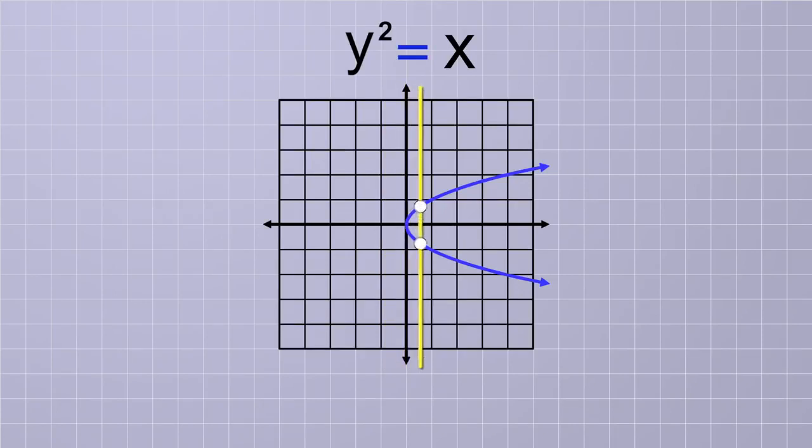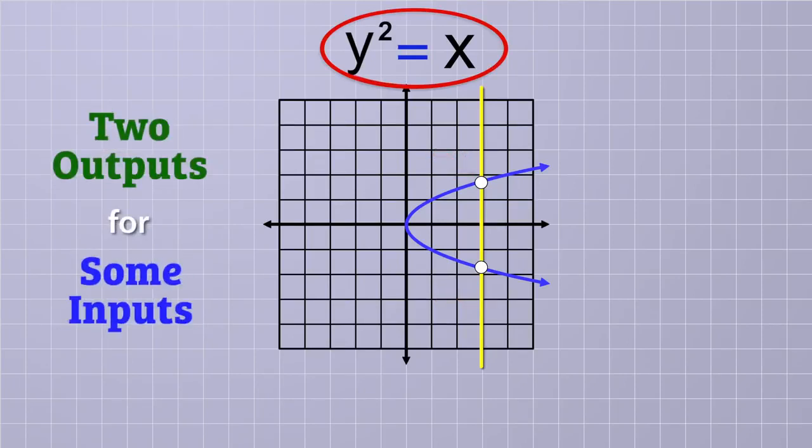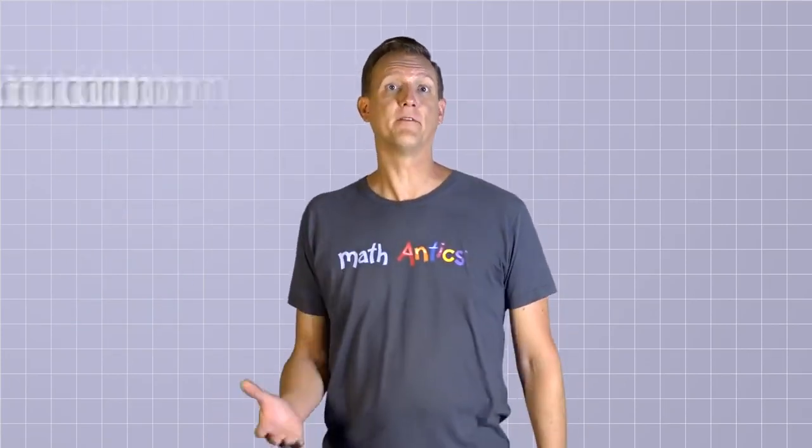But as we move to the right on the x-axis, you can see that our vertical line is now intersecting the curve in two places. That means this equation is giving us two possible outputs for some of its inputs, which means that it's not considered a function. Okay, now before we wrap up, we need to talk briefly about some common function notation